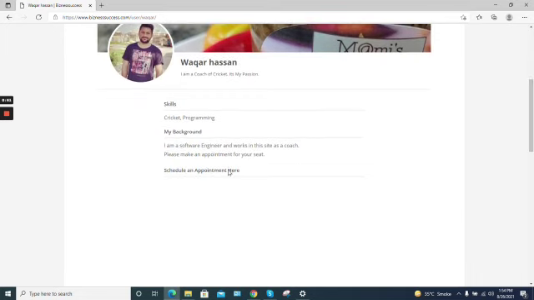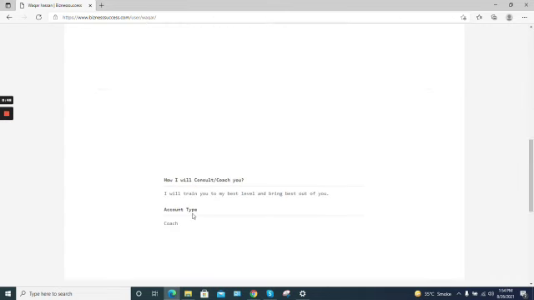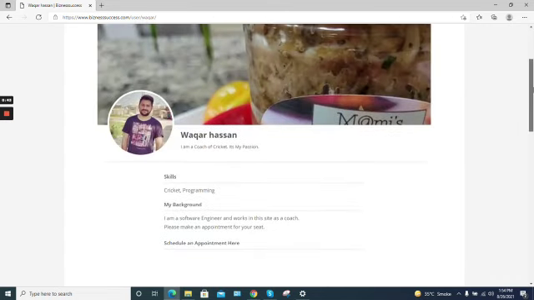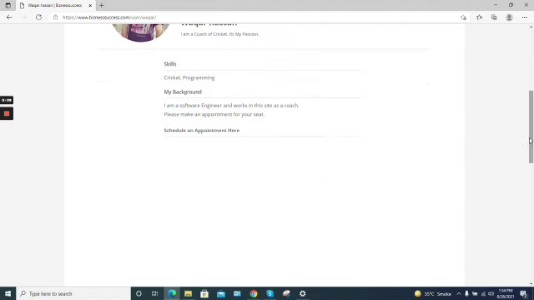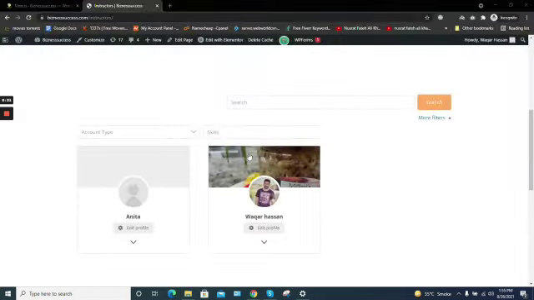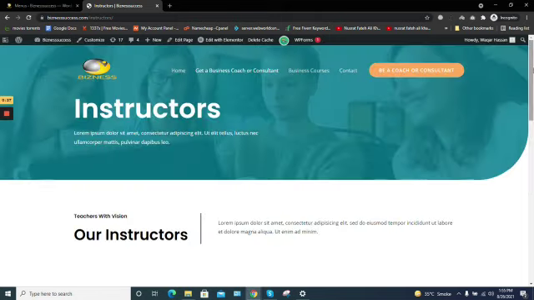Here he can see the biography of that man, the background, and schedule and appointment. Here I would put the Calendly link, and he will see all those things. He will see all the bio here, and if he likes him, he will pay him from Calendly here. I will put the widget here. Now how they can customize these things, we can see that in the search areas as well.